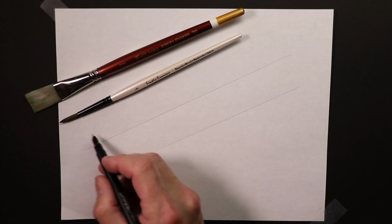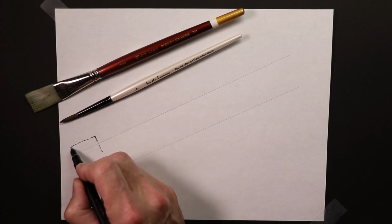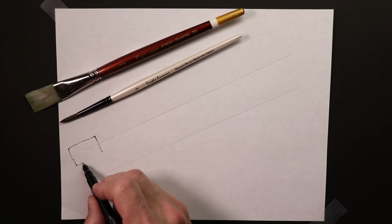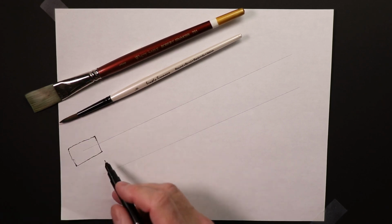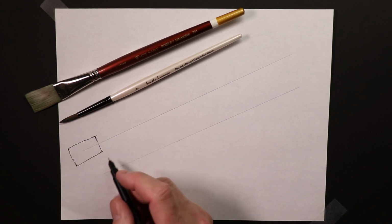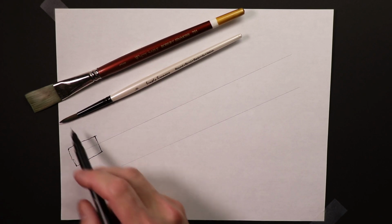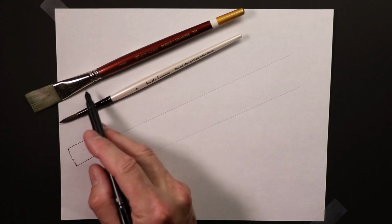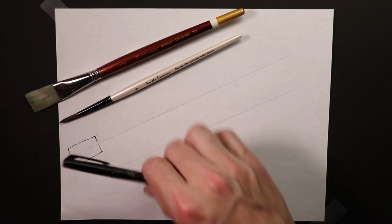And then what I can do is start off with the hairs of the brush, and they're pretty much even, like so. Like that. So it's basically a rectangle. The hairs of the brush, like so. And then I can look right here and judge the ferrule compared to the brush hairs. It's about the same, a little bit larger. So this metal ferrule here is larger than the brush hairs. So I could even take my